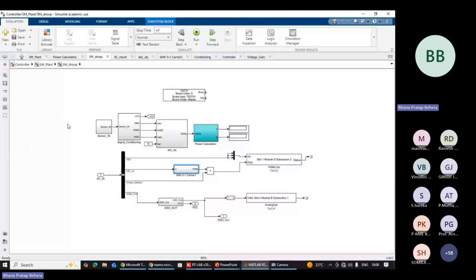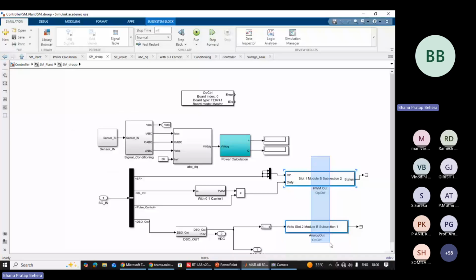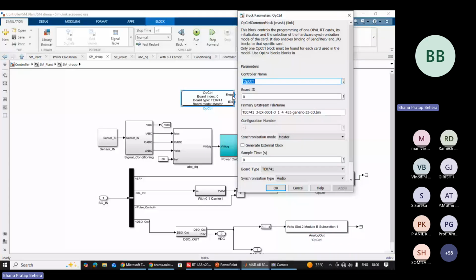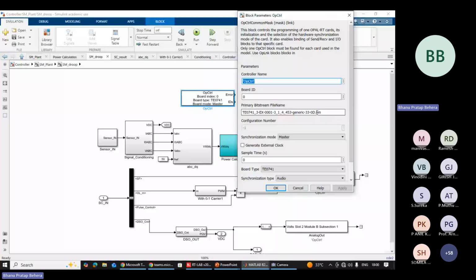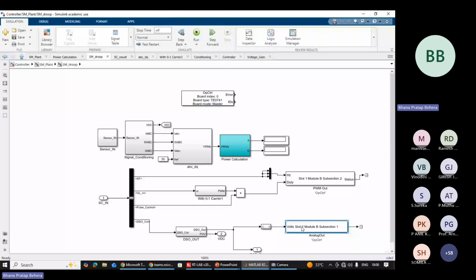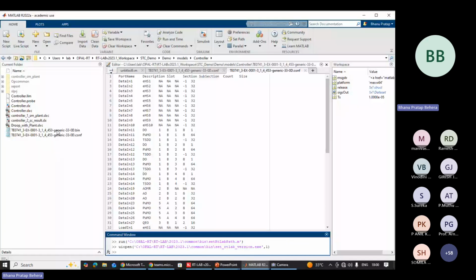And I forgot to tell, if you use these PWM IO blocks, you have to use this OP controller block. If you use the OP controller block, then you have to select the bitstream file. So inside this analog out, I am selecting the data port number 19 here. I am selecting the data port number 12. Based on this configuration file, or this bitstream file, this 19 will be decided as the analog out block. This is the bitstream file which has to be there inside the project folder of the